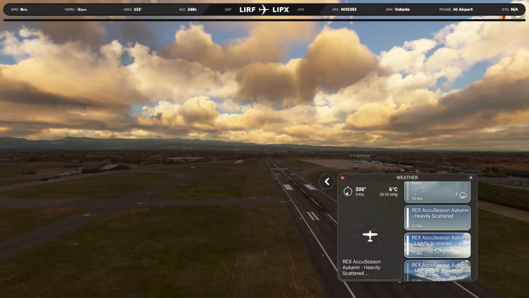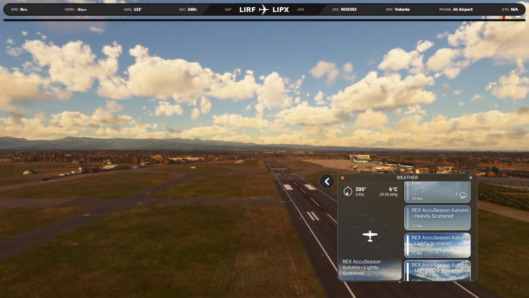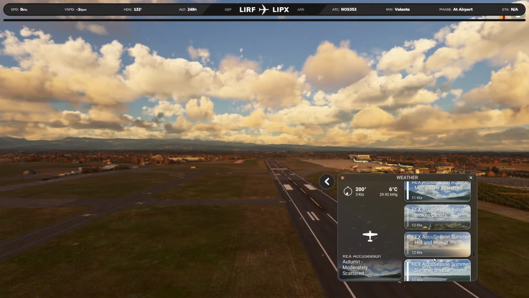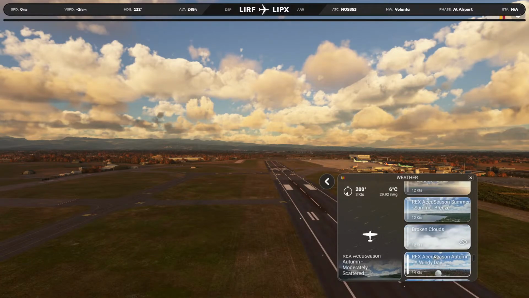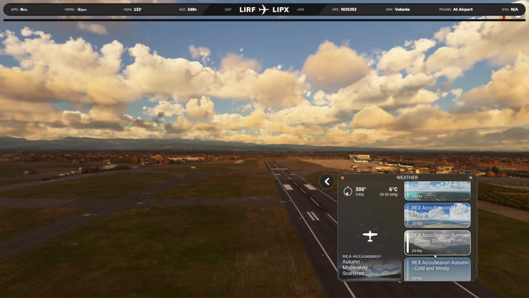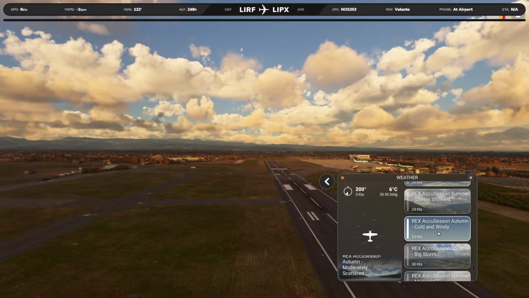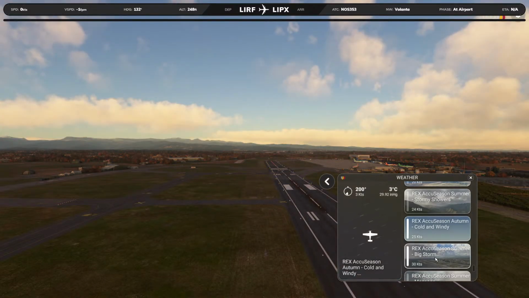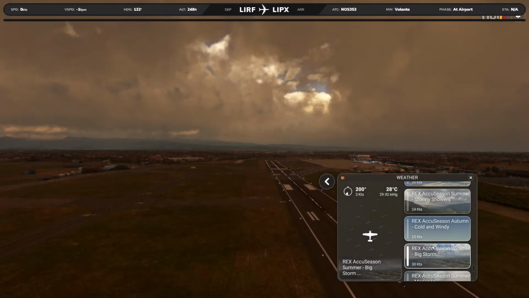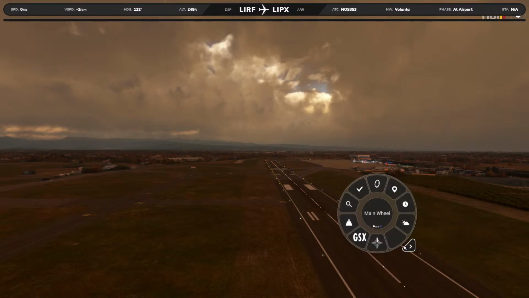You can use these presets definitely if you're making videos or things like that. They come in very handy. Broken cloud, let's see, windy day, cold and windy, big storm, there you go. So you got a big storm there. Again, very, very dramatic view and weather presets for you to enjoy in the sim.